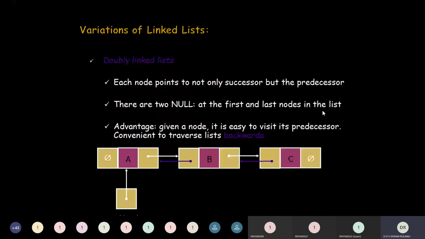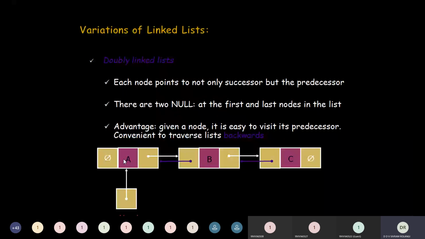As the name implies, in a doubly linked list we have a slightly modified node structure compared to the singly linked list. In a singly linked list, a node has only 2 fields. Here we have 3 fields. Each node not only points to its successor, but also to its predecessor. The first and last fields are the pointer fields, and the middle field stores the data. You are simply changing the node structure.